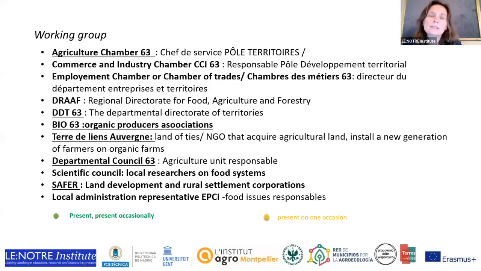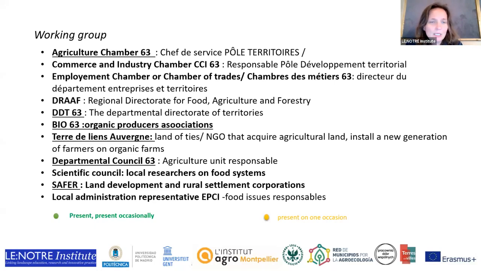So the working group was established, as in the slide, by the Agriculture Chamber, the Commercial Industry Chamber, the Chamber of Trades, the Regional Directorate for Food, Agriculture and Forestry, I don't know if I translated correctly, the Departmental Directorate of Territories, the Organic Producers Association, a very important French NGO that works on acquiring agricultural land and installing new farmers and organic production. The departmental council represented by the agriculture unit responsible, members of the scientific council, mainly built by researchers on food systems,